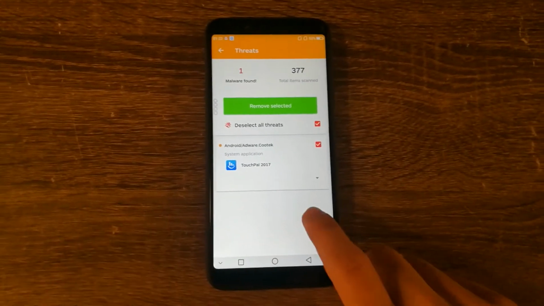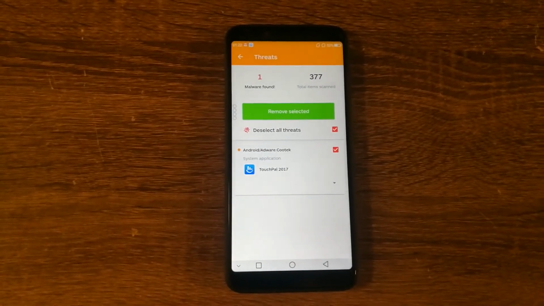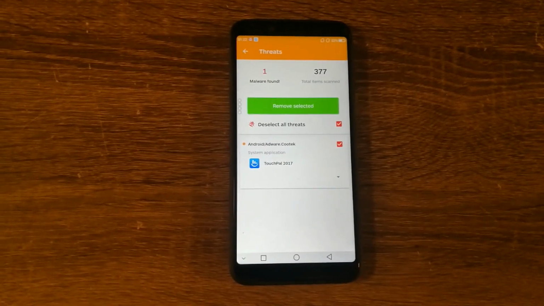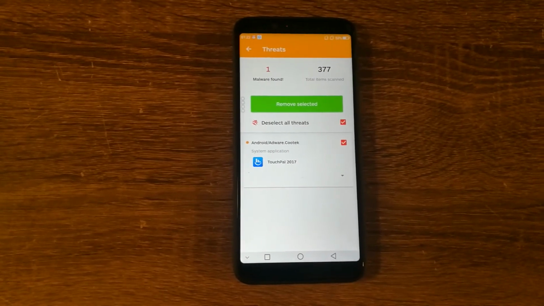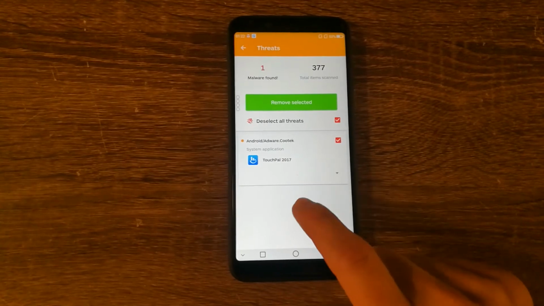So I noticed on my UMIDIGI Pro S2 that whenever I was using the phone, it would sometimes redirect to a random application on the Play Store. And I did a full scan using the Malwarebytes application, and turns out it has an adware on it,